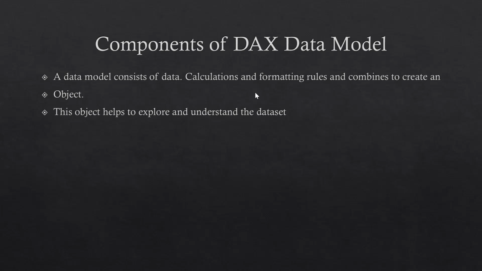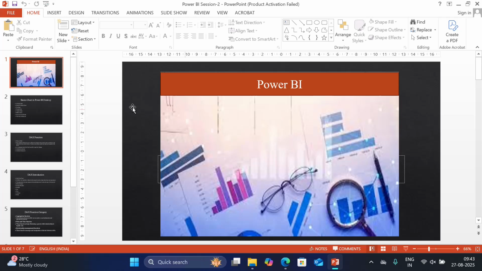Have you seen there? There are two types of data model: object-based logical model and record-based logical model, right? The object helps explore and understand the data set. Obviously, once you explore the data and describe the data, you are able to understand the data set first. So a data model is a description of data, meaning where you can describe the data, explore the data, and explain the data, right? So we are going to see